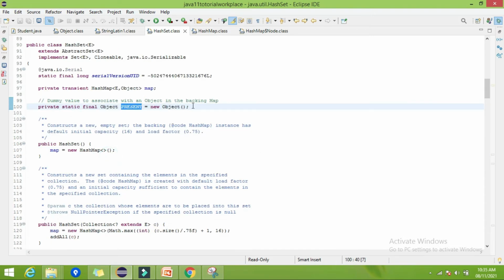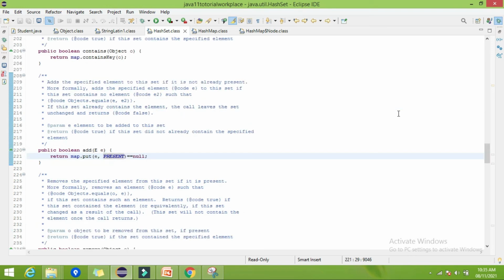Present is nothing but the constant of type object. It will be the same whatever the element we are going to add inside. Okay, so here you can find it is putting into hash map whatever the object or value we are trying to enter, it will consider it as a key, and the value will be the constant present.